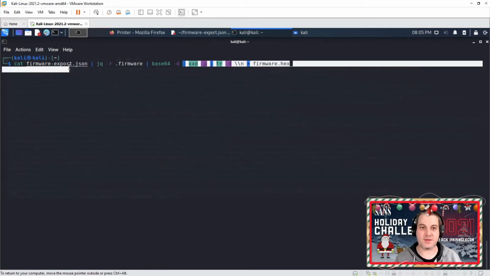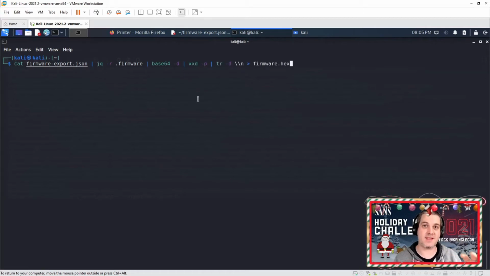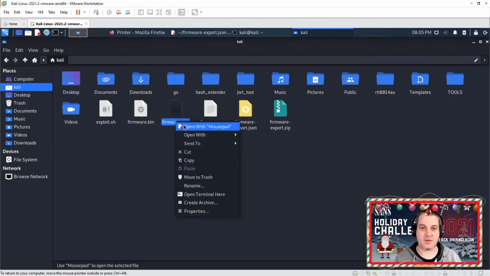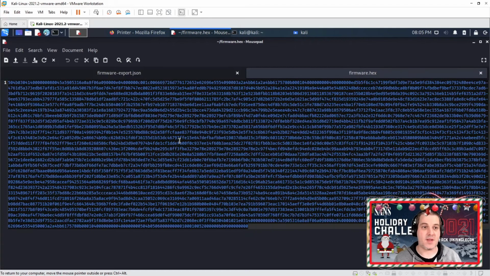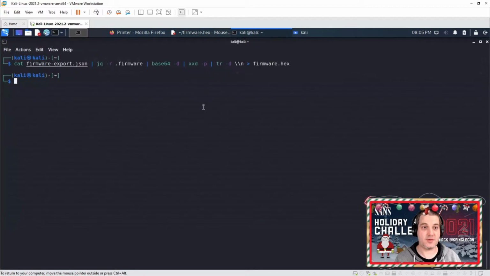So up until this point, you saw this one. I'm just extracting the base64 block here, and then I'm going to take with XXD the hex values, making sure that I don't have the line breaks, so it's all one continuous hex. I'm just trying to open this one up in mousepad just to show you how this looks like. So it's just the hex blob of the firmware, and this is one way how you can load in the data to the hash